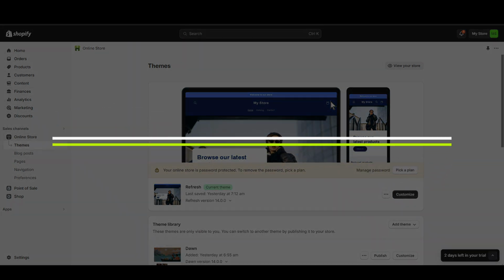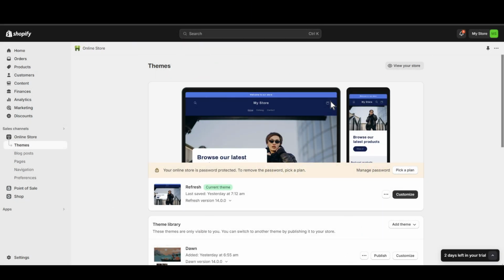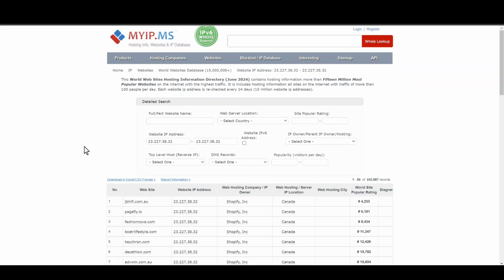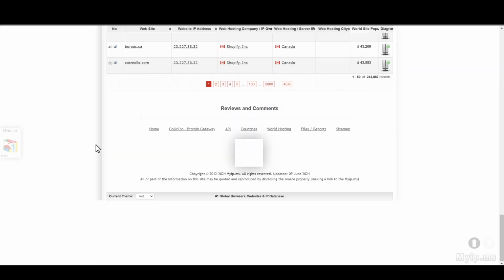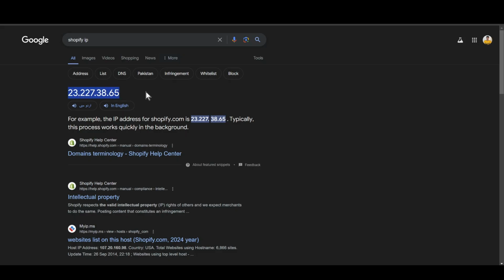In this video, I will guide you how you can search for Shopify stores on Google. So first of all, what you need to do is to simply search for myip.ms and you just need to go for the Shopify IP address. If you don't know Shopify IP address, you just need to search for Shopify IP and copy that, and then